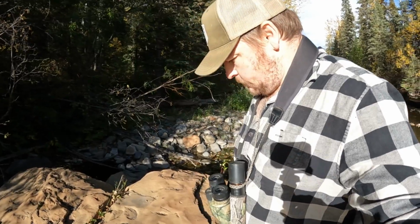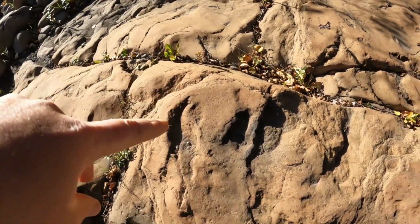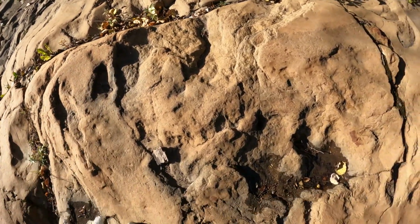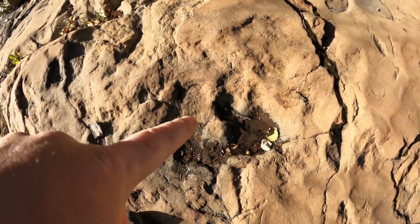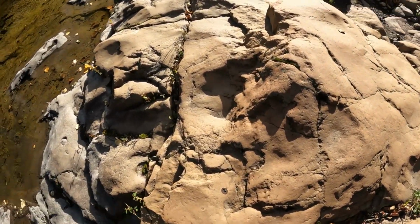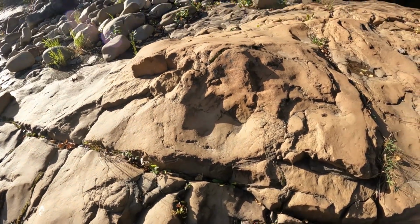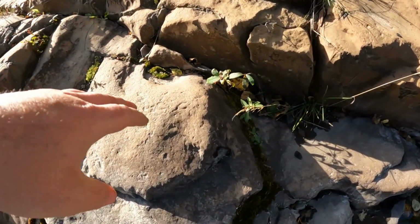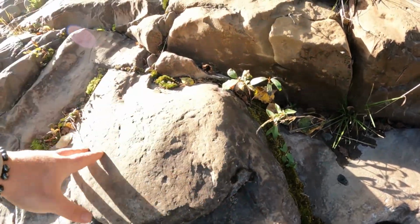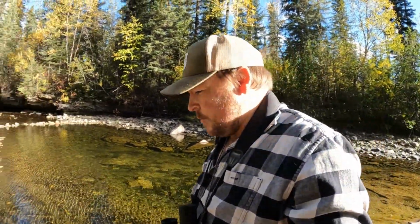Well, I made it to the little rock here and I'm not 100%. There's a couple of things here. This. There's also this one here. Somewhat that one and this one. And this here too. This might be a partial track, but I'm not convinced. I don't know. People said there's tracks here, but from what I'm seeing, like,